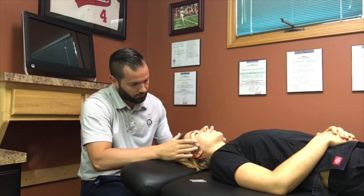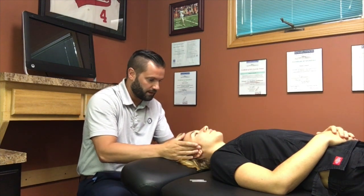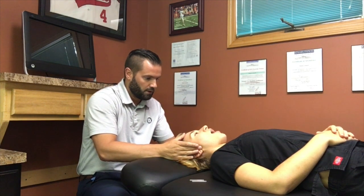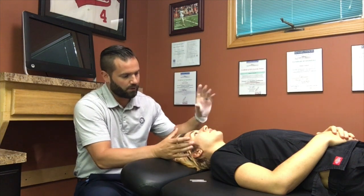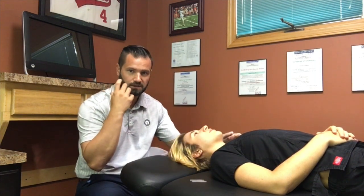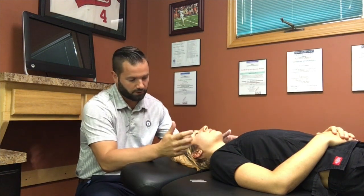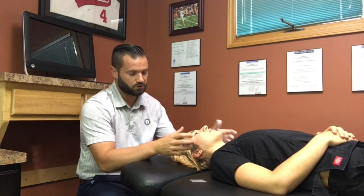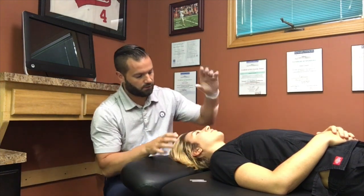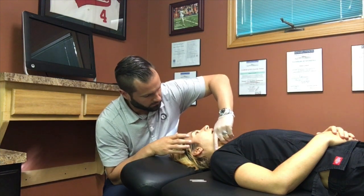So again, she's got a little bit of reduced range of motion on this right side. When I check her opening, I'm going to have you open up. She opens up way more on this left side than on the right side. So she has, more than likely, muscle restriction causing some reduced range of motion on that side. So what we're going to do is just go in and do some nice gentle stretching with her. So the first one we're going to do is I'm going to slide my thumb down her lower row